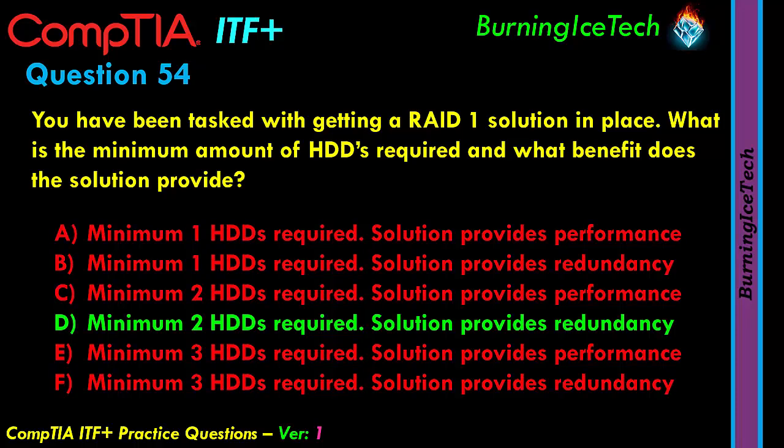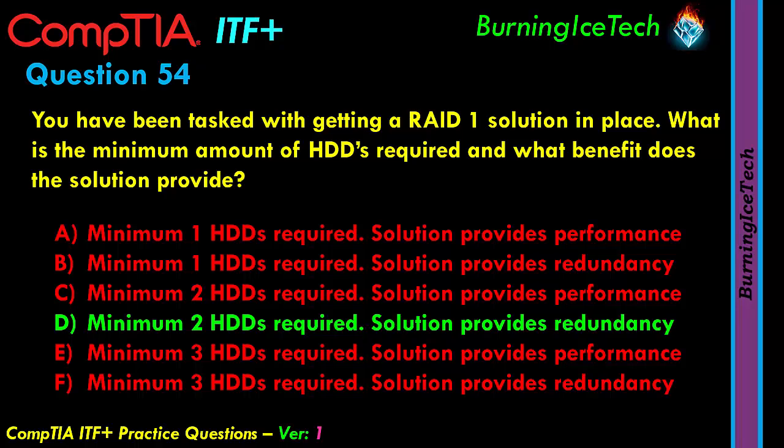That will be D. If you look at the answer to C, it says minimum 2 hard drives and it gives you performance. That would have been the answer to RAID 0 if this was about RAID 0. So C would have been the answer to RAID 0. D is the answer to RAID 1. And RAID 5, I don't really see an answer here for RAID 5. I mean,